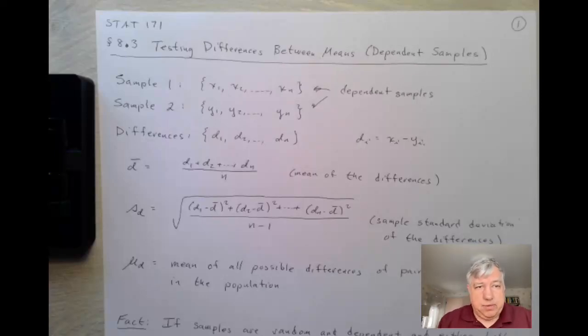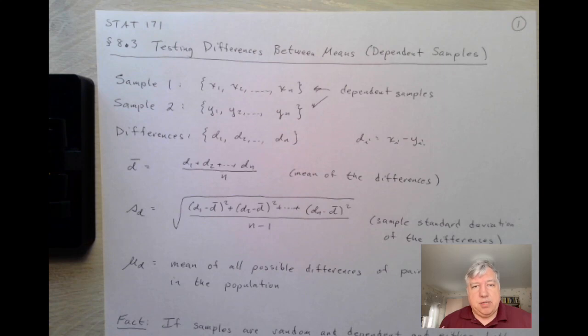Hi everyone, welcome back. So we're moving ahead with section 8.3. In 8.1 we talked about testing the difference between means when we are using independent samples for two independent populations. Now we're going to go to dependent samples where